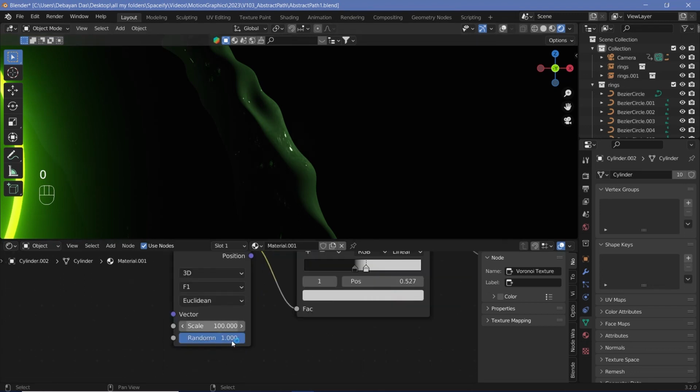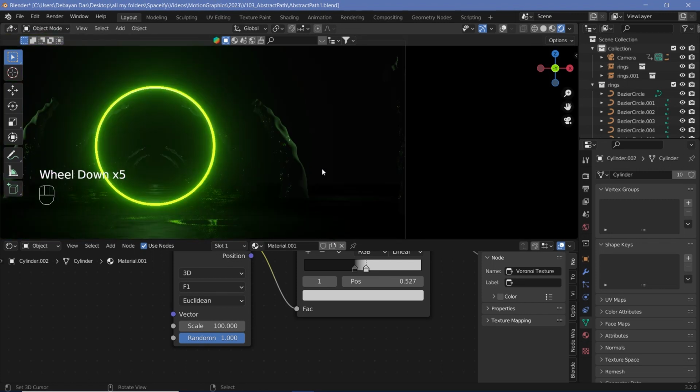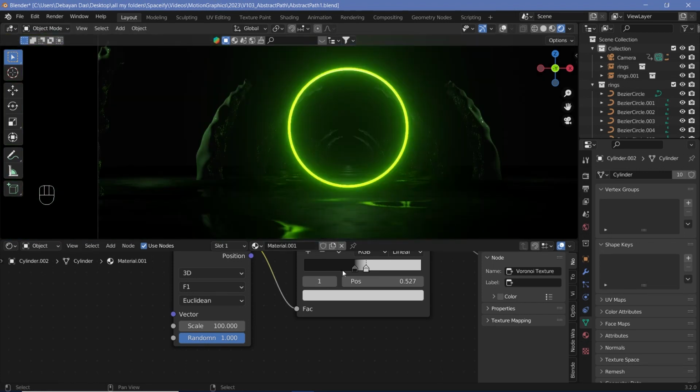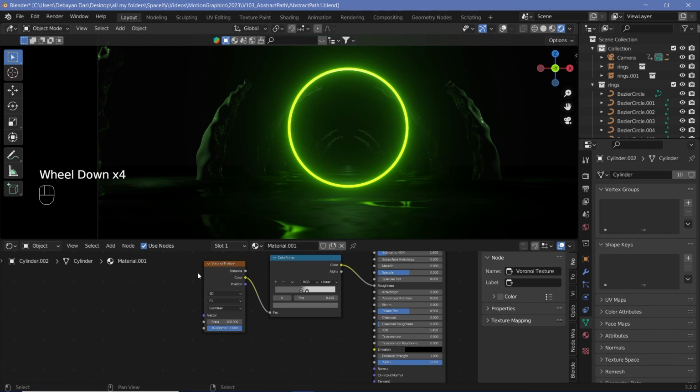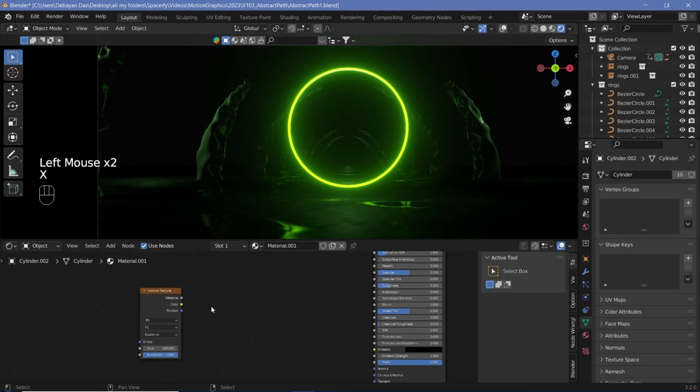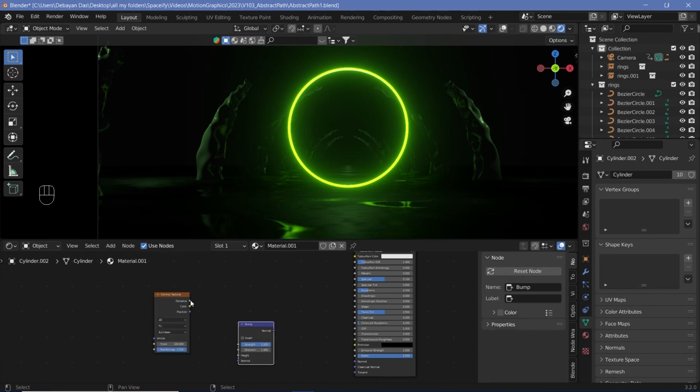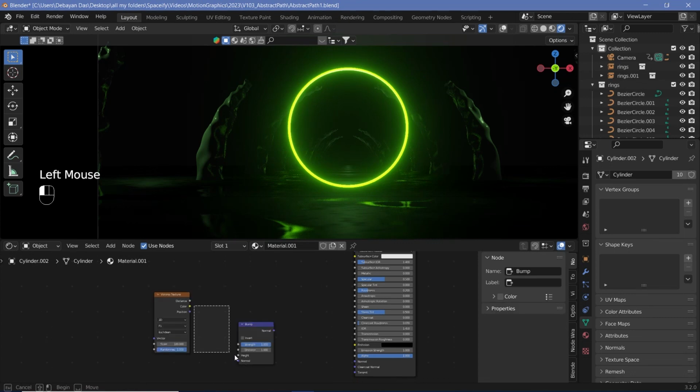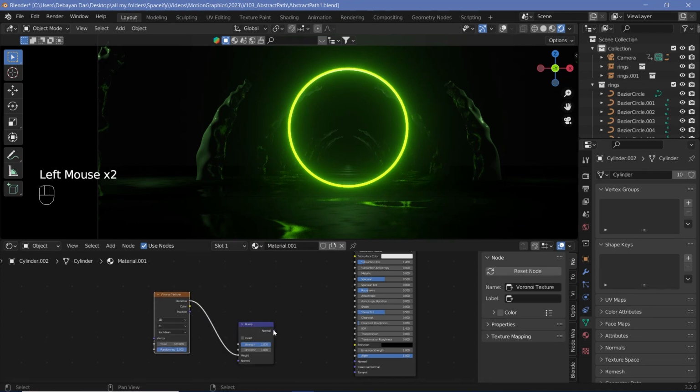I've increased the scale all the way to 100, and that gives it more of the look that I was going for. However, it's still not exactly what I wanted, and instead of placing this Voronoi texture into the color ramp and the roughness, I'm actually going to search for a bump node, take the distance output from the Voronoi texture, plug that into the height, and plug that into the normal of